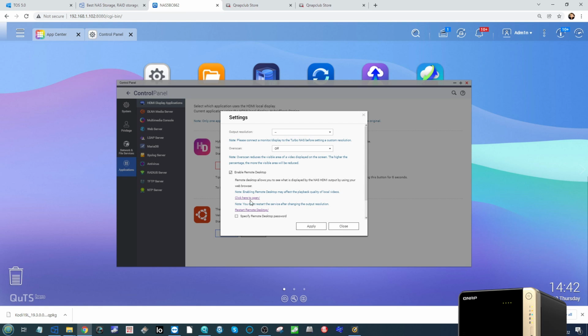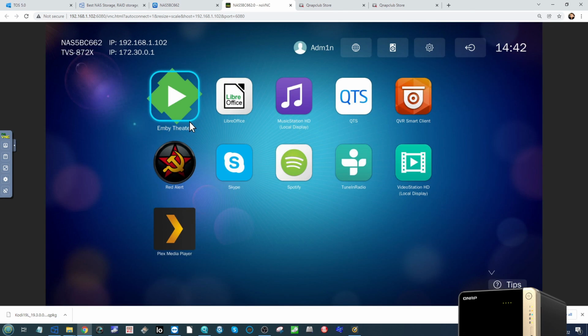Once you've clicked it, an option here will appear that will allow you to access the HDMI output of your NAS via the web browser. Go ahead and click it. Once you click this, the HDMI output of that NAS can now be accessed via your web browser on the